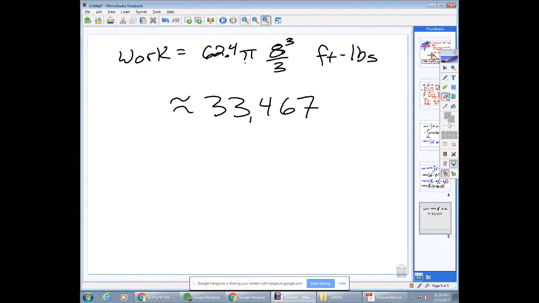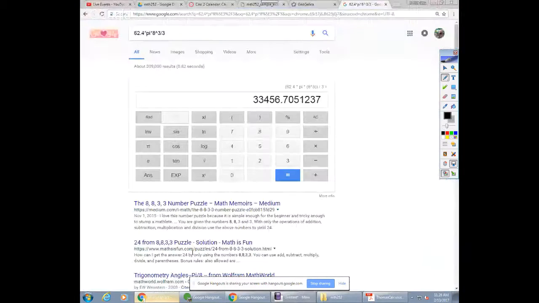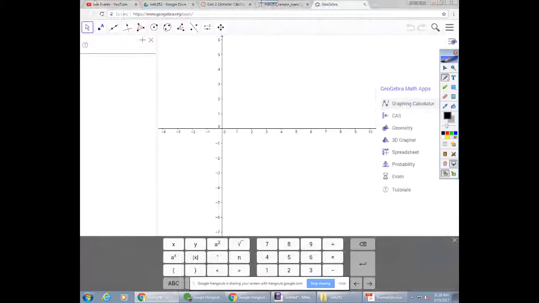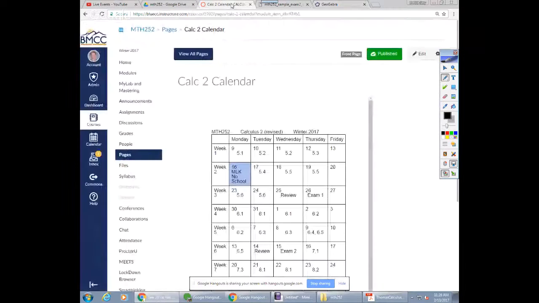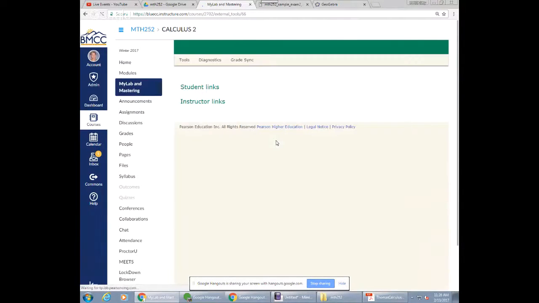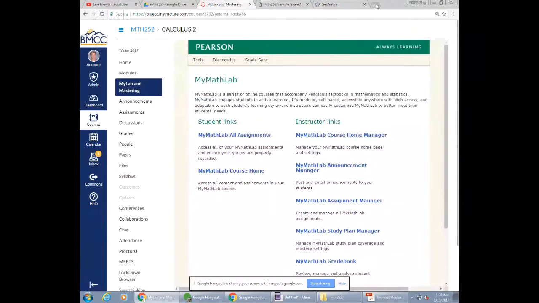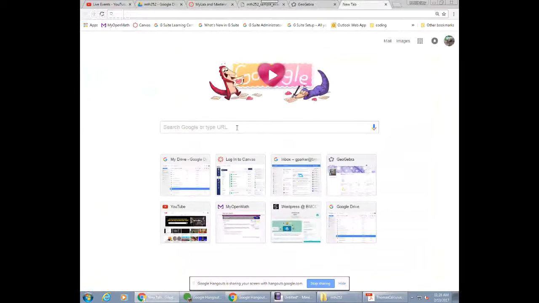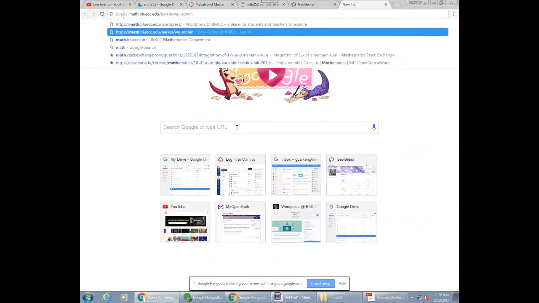All right, let's try another one like this. Let's see if there was something interesting in the homework. Let's just bring up the homework. Actually, I have a bunch of problems written down. Let's look at them instead. Where did I put them? Math, Parker,